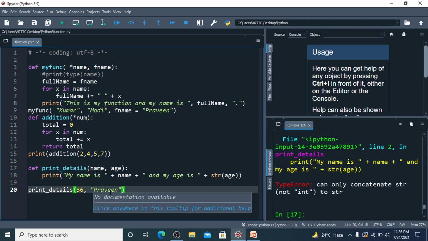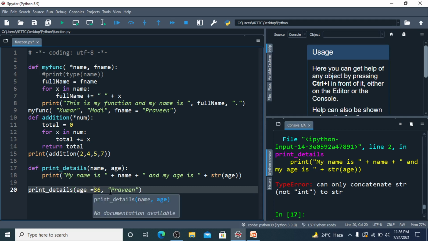So if we don't know the sequence of the parameters, we can use keyworded arguments. So in this case, we can use age is equal to and then name is equal to. So what will happen now? Now the position of these arguments, name and age, has no importance.